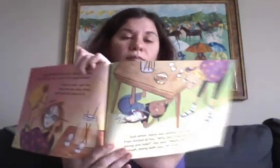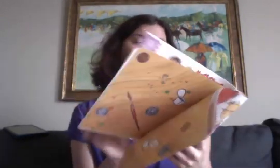Why don't you see what's in the penny pot, she said. Maybe there will be enough along with your 39 cents. Jessie took all her money out of her pocket. Then she turned over the penny pot and dumped the money onto the table. All right, here we go. We got to count it. So she had